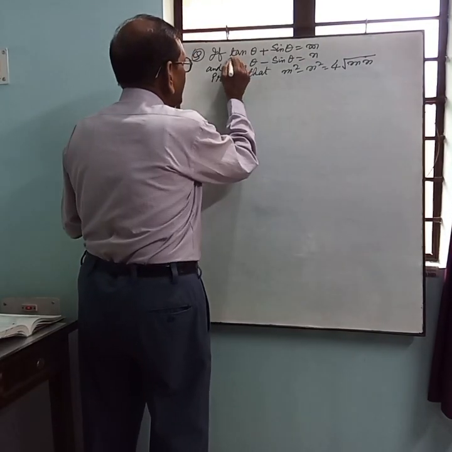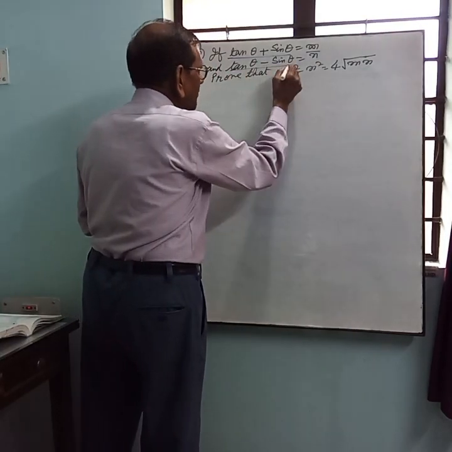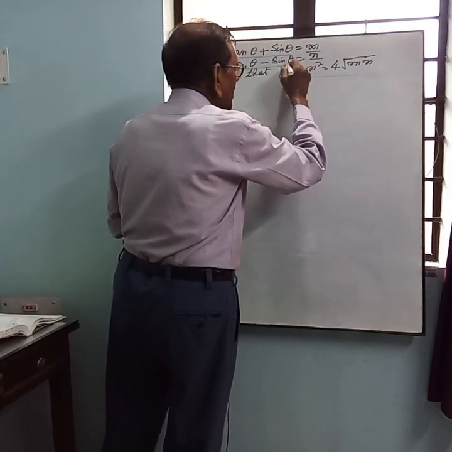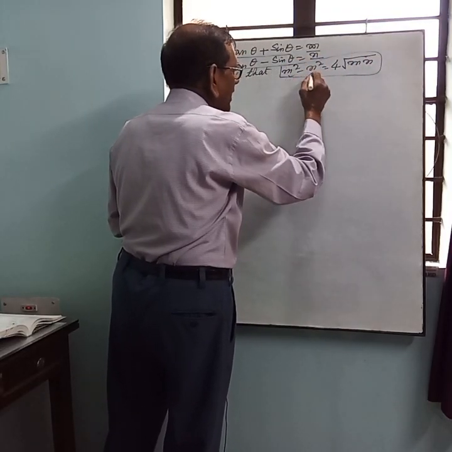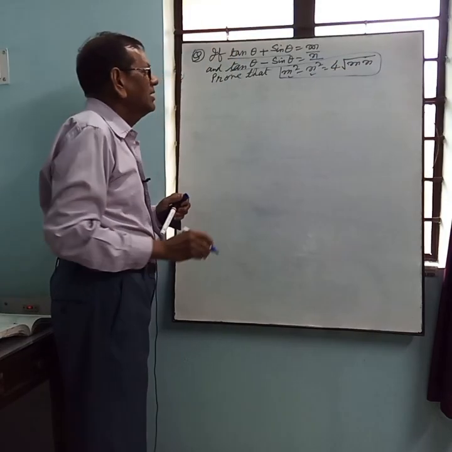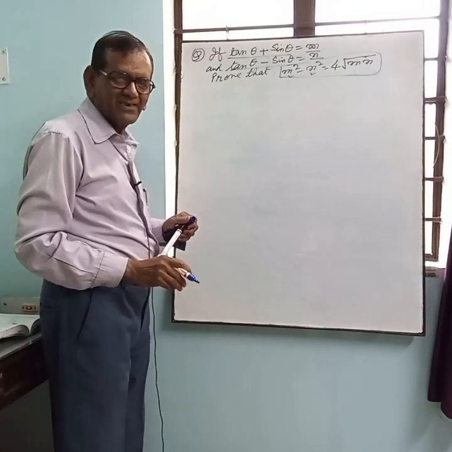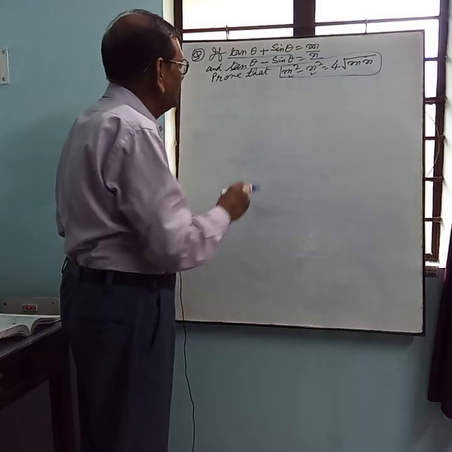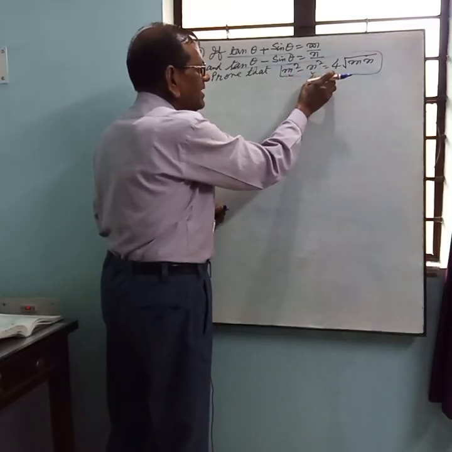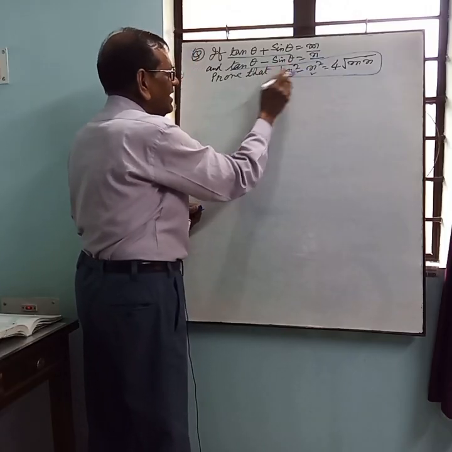If tan theta plus sin theta is equal to m and tan theta minus sin theta is equal to n, you have to prove m square minus n square is equal to 4 under root m into n. This is the question. Let us start how to prove this trigonometrical question. First of all, see here that proving says that m square minus n square is equal to this much. So starting for this, let